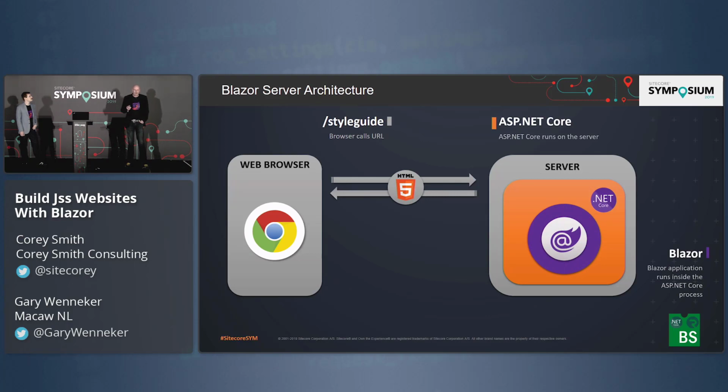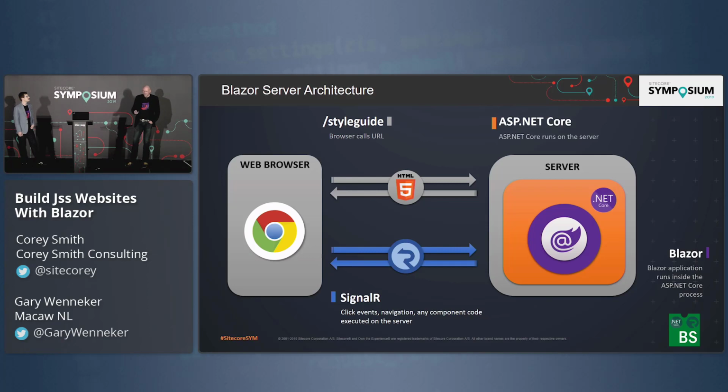So once the application loads, a persistent connection is created from the client to the server. This is necessary because of events to the browser, mouse clicks, component code, and of course also navigation. Keep in mind, all code is executed on the server. So this is done through SignalR,